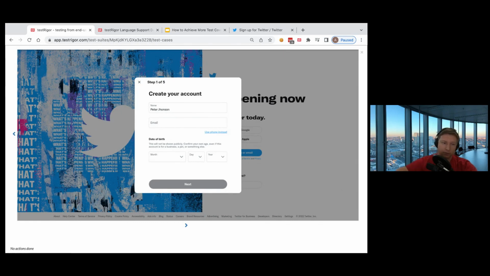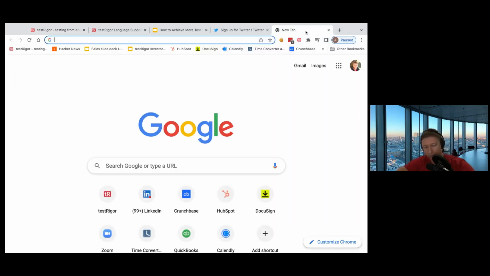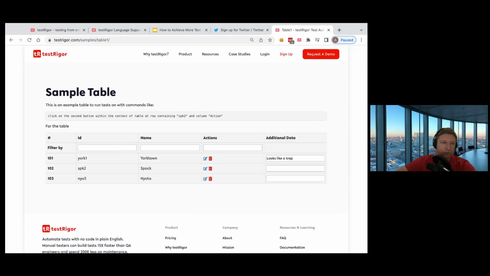You can also say things like enter something into email, and to create your account section, if there are multiple sections, each of them have email. And of course, there is a lot of functionality